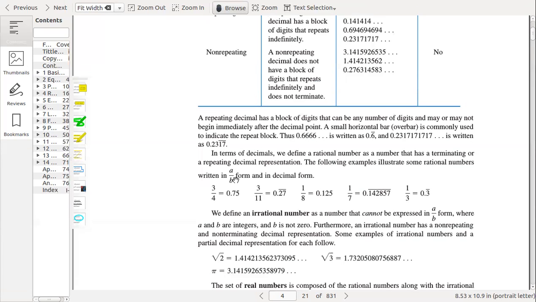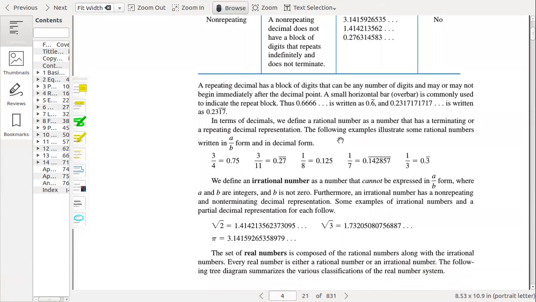0.2317 bar. In terms of decimals, we define a rational number as a number that has a terminating or a repeating decimal representation. The following example illustrates some rational numbers written in A by B form and in decimal form. So 3 by 4 can be written as 0.75, 3 by 11 can be written as 0.27 bar, 1 by 8 can be written as 0.125, 1 by 7 can be written